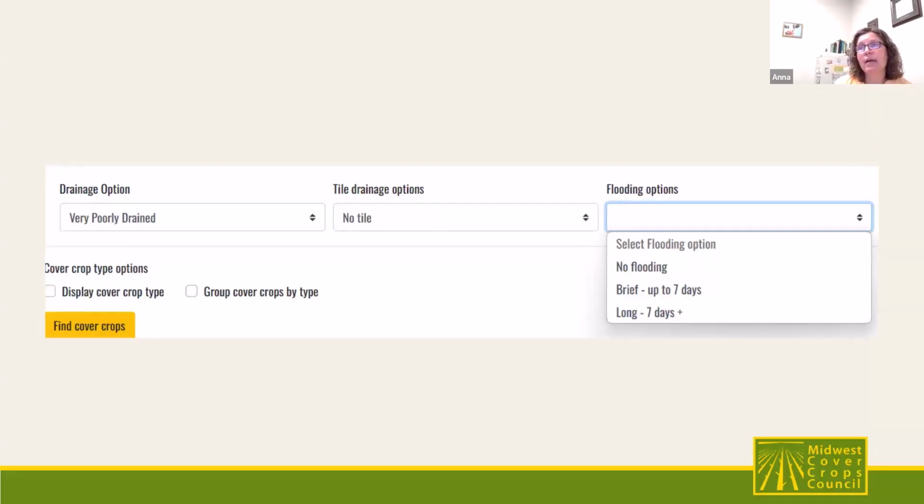The next thing we have on the input sheet on the selector tool is soil drainage options. So based on your web soil survey, you enter your soil drainage class. You can put whether or not you have tile drainage in the field. And if you do have tile drainage, that will kind of correct for poor soil drainage. And then we've got a few flooding options if you've got a really tough spot in the field that tends to flood. There may be a few species that we would recommend over the others for some of those really tough flooded